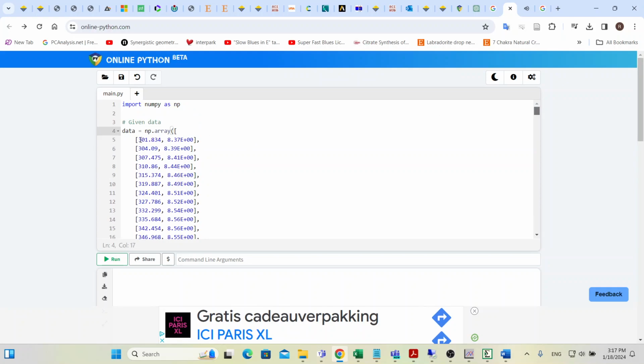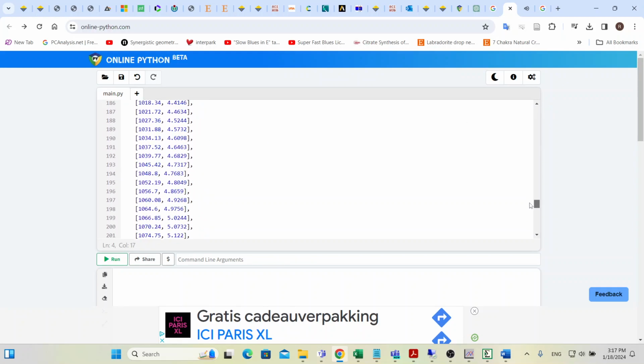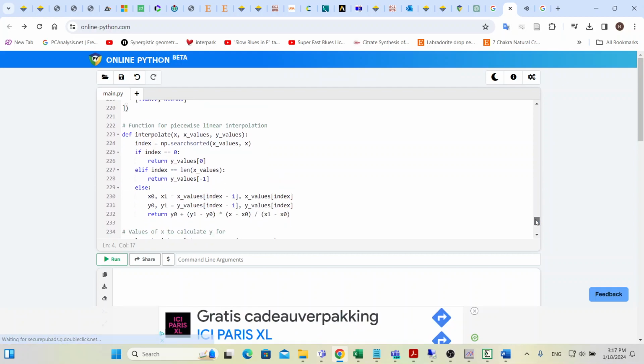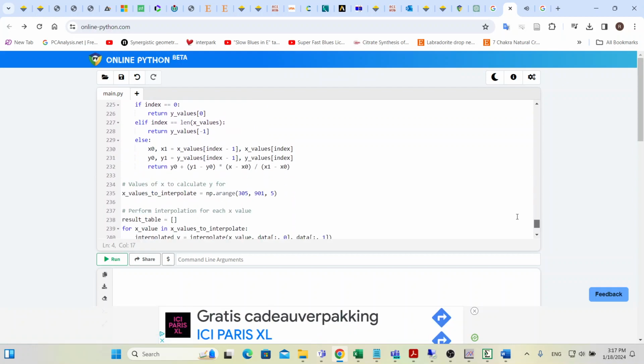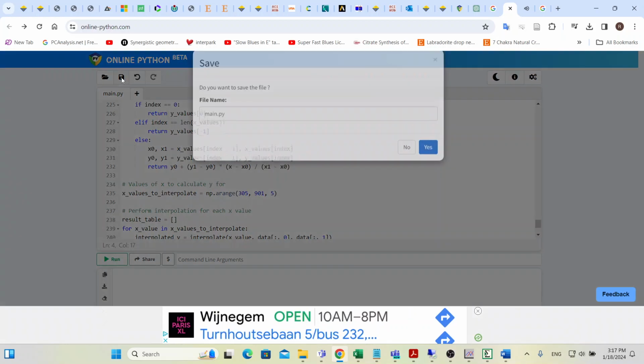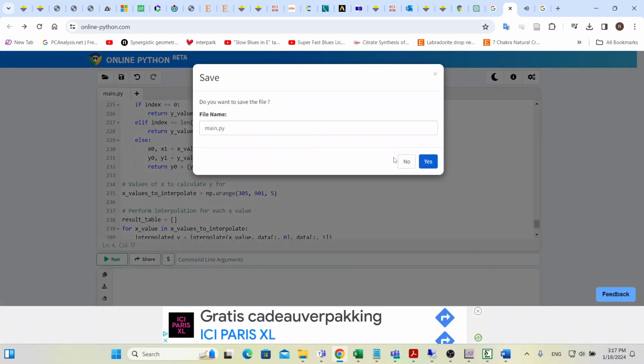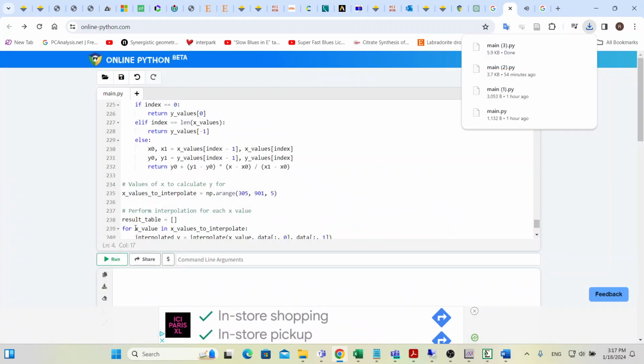So this is the data, and I want the interpolated values from 305 to 901. Okay, so I save it first, main.py, whatever the name, and I run it,